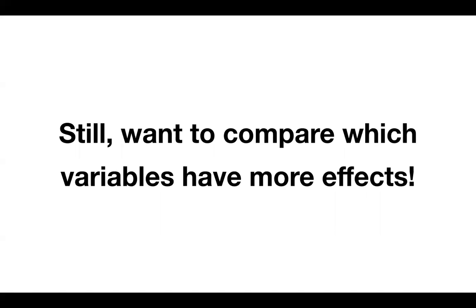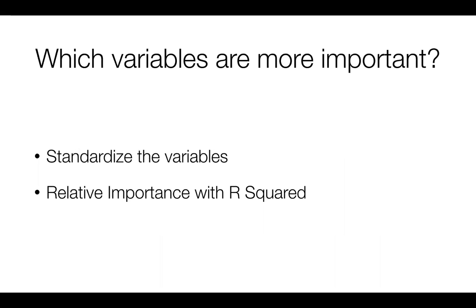But at the end of the day, we still want to know which variables have more effect, which are more important. That's what we're trying to do, sort of subconsciously, right? So there are a couple of ways to do it, and I want to introduce two things. One is standardized variables. Standardizing or normalizing the variable values, so that basically we can have all the variable values in a similar unit, right? By using standard deviation,